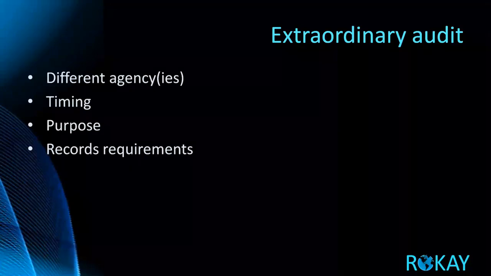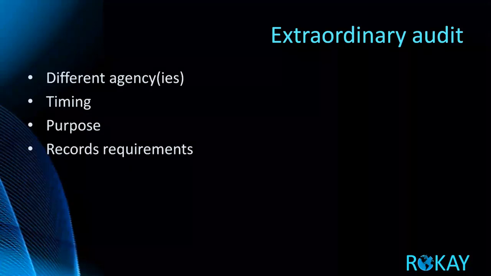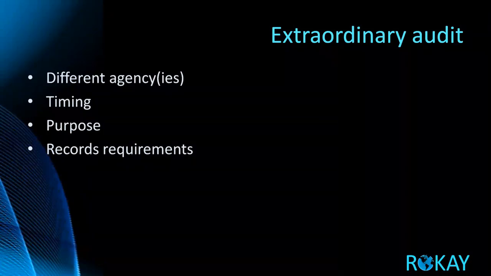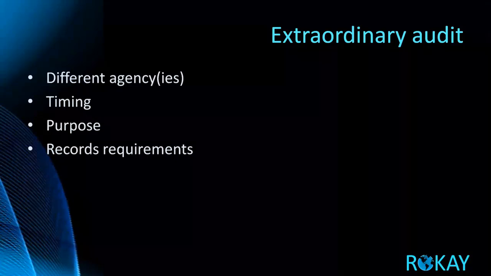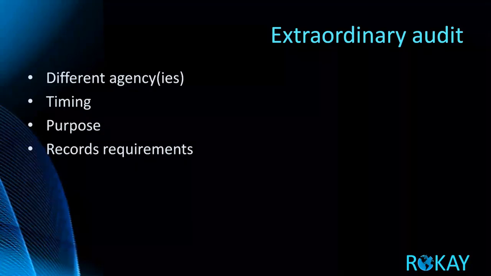In that state, the legislature, whenever they're looking to maybe create a bill or pass a law about something, they have their own auditing department in the legislature that can audit public records. And so in this state, their legislature was looking at something to do with school Medicaid, and they just wanted information. So they send their audit department, who has the authority at the state level to look at these records, out to look for them. Unlike a normal regular Medicaid audit, they didn't send a letter saying, hey, we'll be there in 3 weeks. They just showed up. So could be different agencies, could be